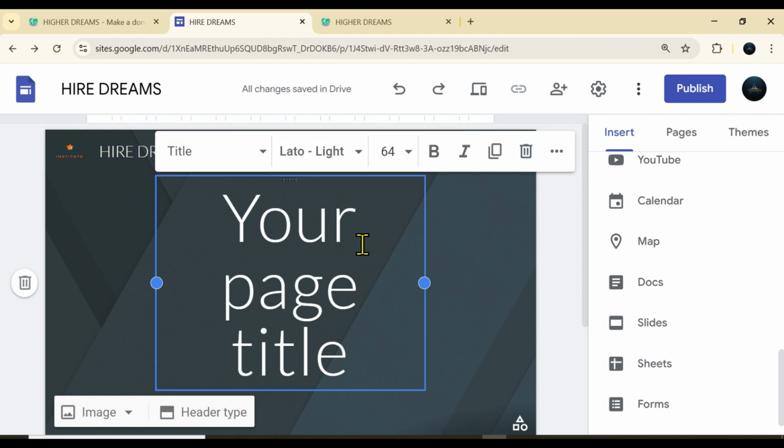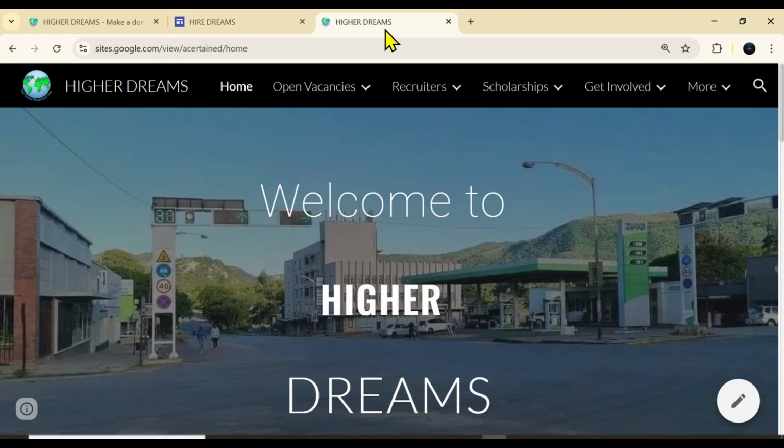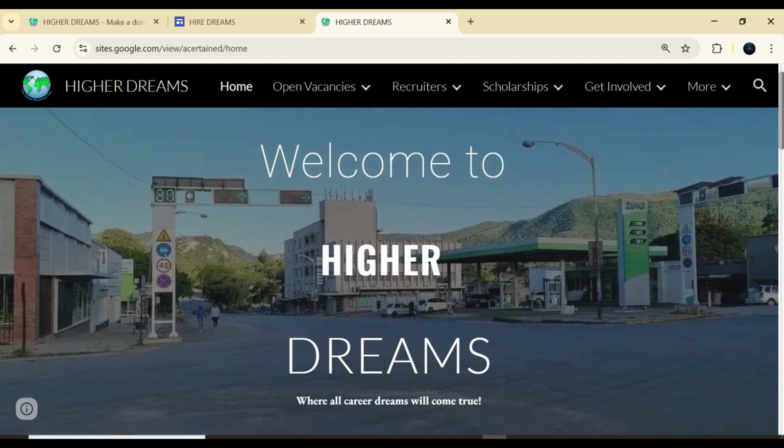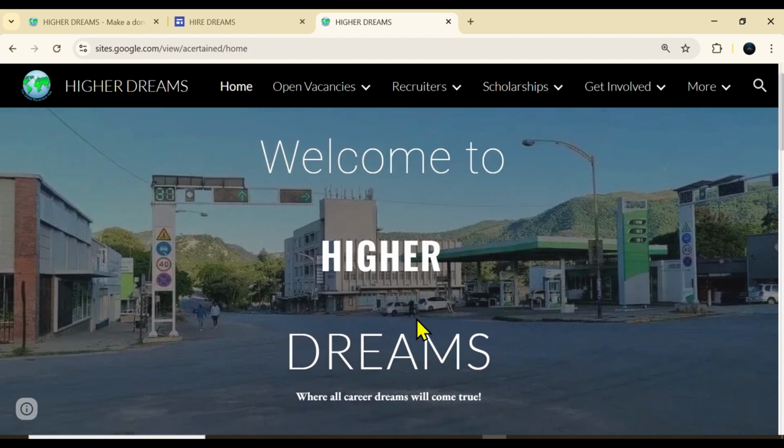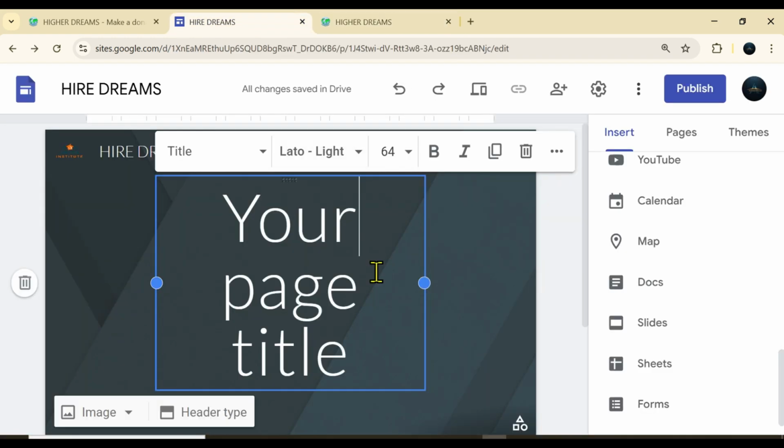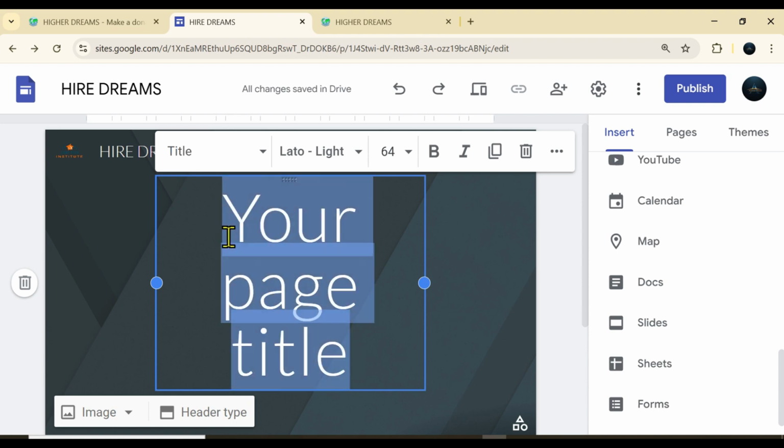I want to write, this one says what? Says welcome to Higher Dreams. The homepage says welcome to Higher Dreams. Okay, let me write this text. Welcome to Higher Dreams. So if you come on this one, this highlighted text, you can adjust it. So I'm going to write welcome